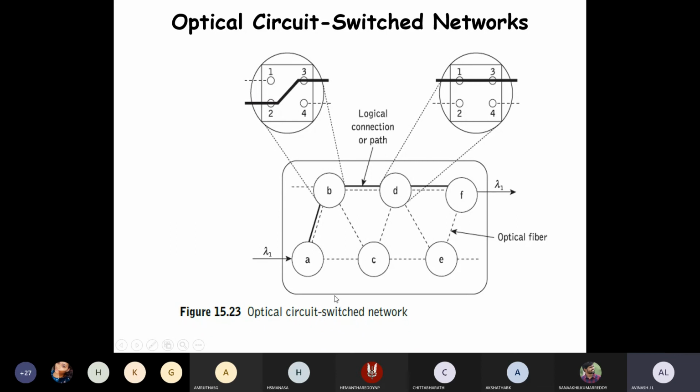Once you have taken this diagram, it's a very important thing. Whatever connections are in the dotted lines or the thick lines are called the logical connection, or the path from A to F and how it has been traveling. To reach that particular F, multiple connections may exist, and those are called virtual connections.